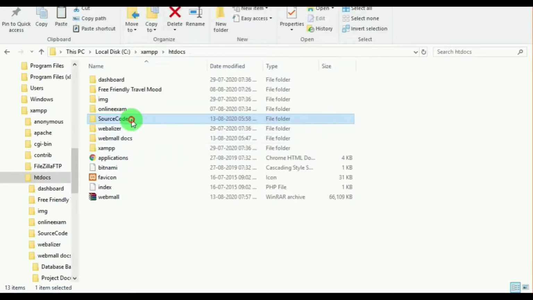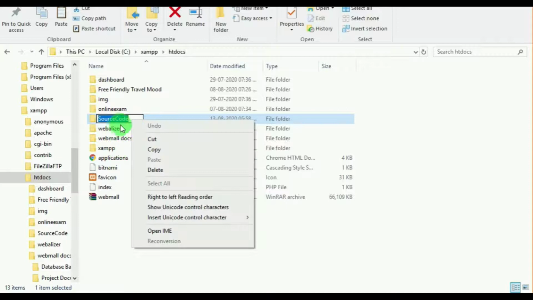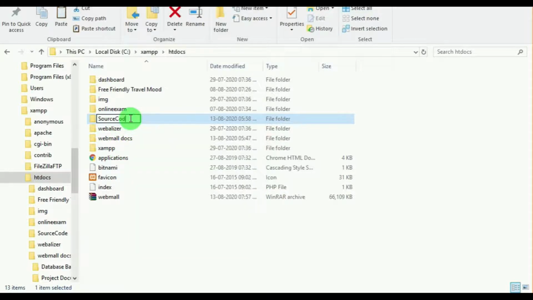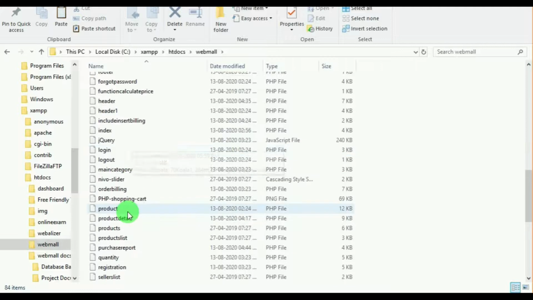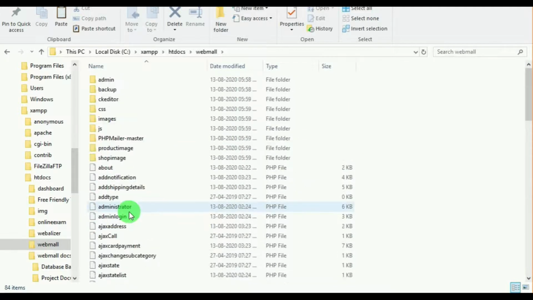And let's rename this again as WebMall so that we can directly run WebMall. WebMall contains the source code now.